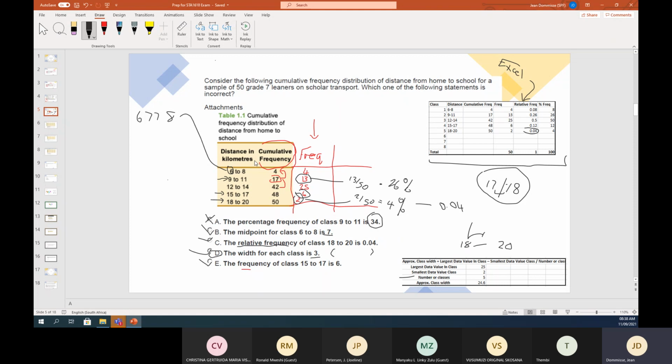Okay, so it is distance in kilometers. You include the 6 and you include the 8. So that is the reason why we have that. Okay, so if I said upwards from 6 or something like that,